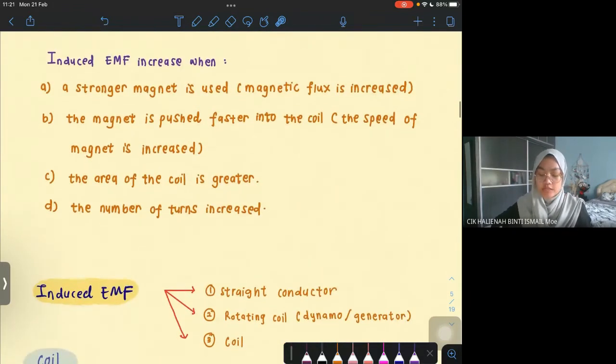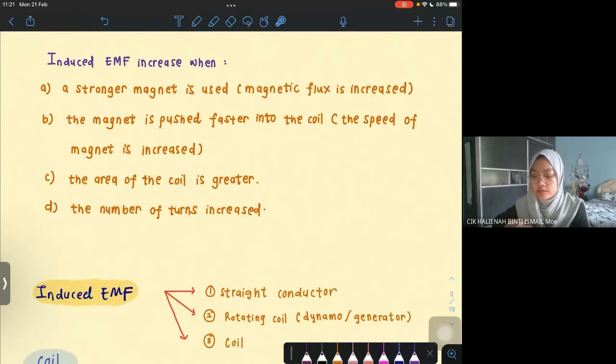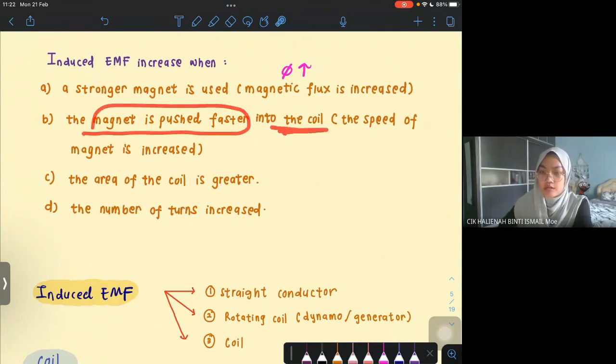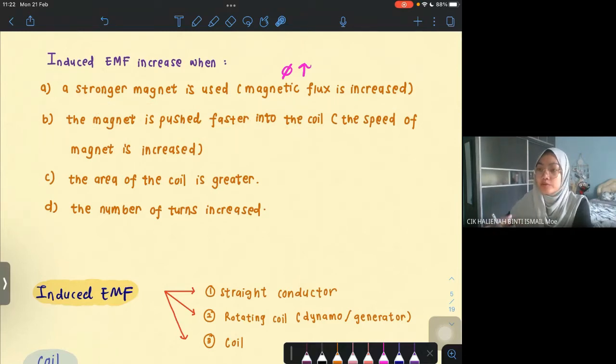Okay, so the induced EMF we can increase through a few methods. First, we can use a stronger magnet. So when we have a stronger magnet, it means that we can increase the magnetic flux. Second one is when we push the magnet faster into the coil. So it has to be faster so that it can increase more, it can produce more voltage. Next one,